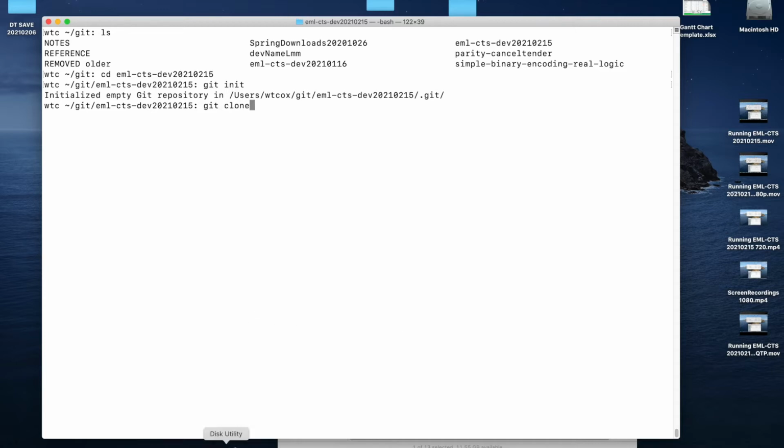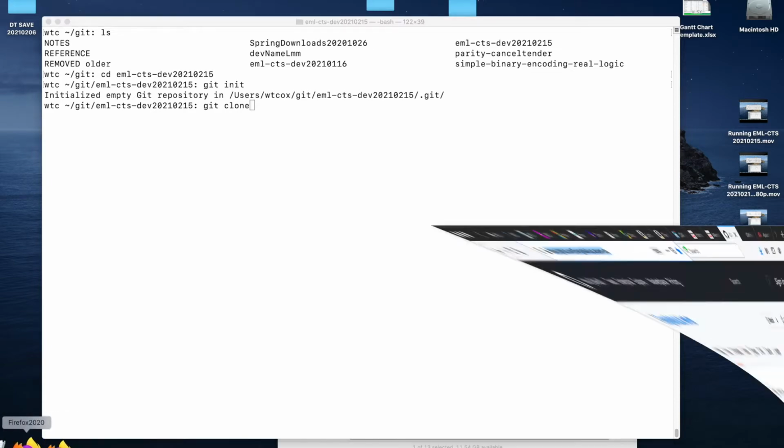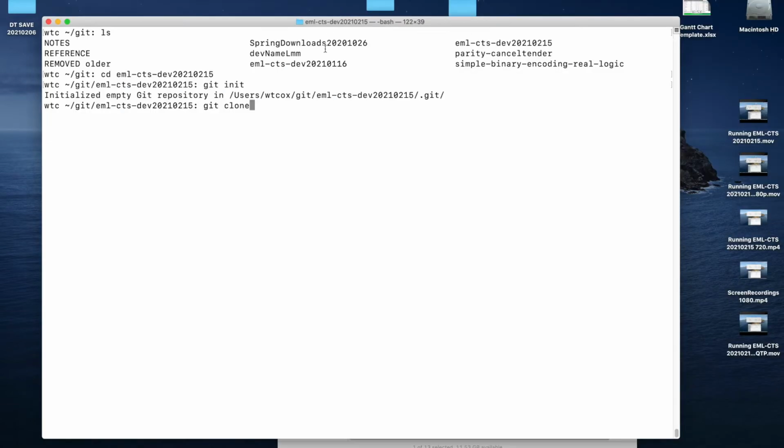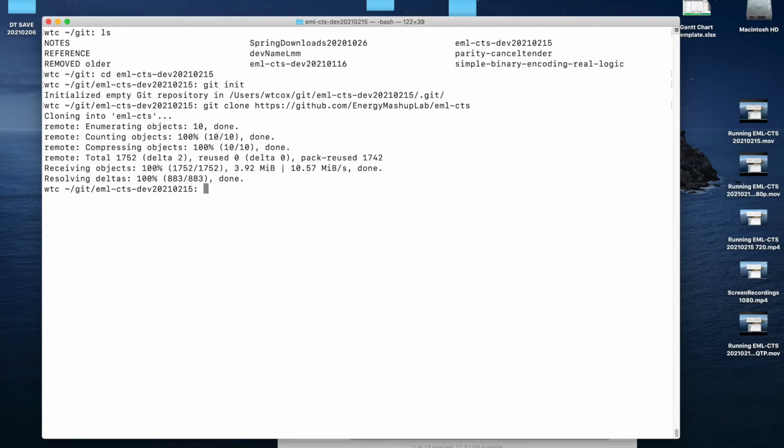Clone, and we need to make sure we have the correct URI. It is the URI of the base page, not the branch that we're going to. So we're going to clone into our local directory. So now we do an ls, we cd into EML-CTS, and here we are. So